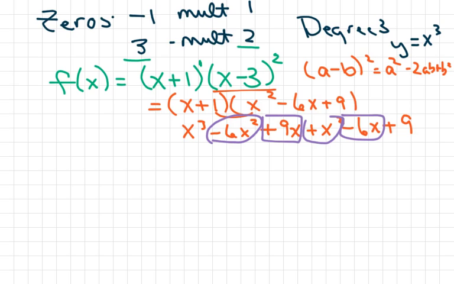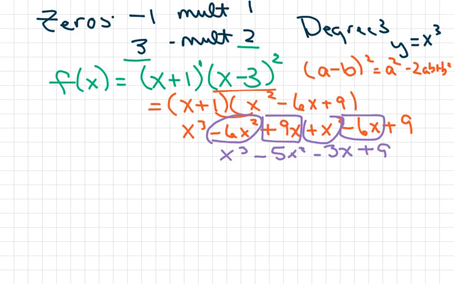So when I simplify, I'm going to get x cubed minus 5x squared minus 3x plus 9. Hope I did that right. X cubed minus 5, yeah. Okay, so now